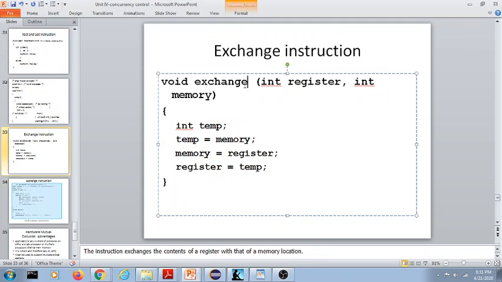First of all, we will see what is in that particular subroutine of the exchange instruction. If you see the subroutine, there are two arguments, the register value and the memory value. So some kind of memory value and register value are being swapped in this exchange function. There is some temporary variable. The temporary variable is assigned the memory variable value, and that memory variable is given the register value, and the register is given the value which was earlier in the memory. So these two values will simply be exchanged by this exchange instruction.